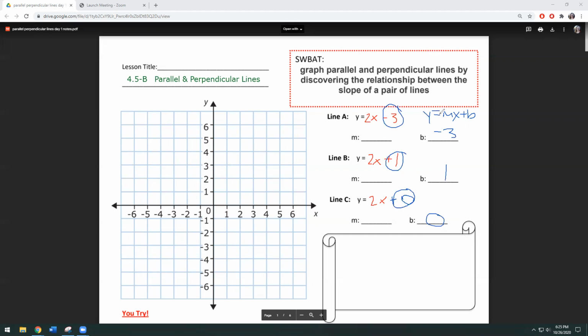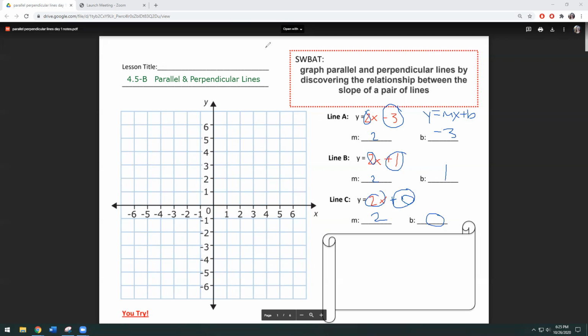M is a little bit harder to see. It's whatever's connected to the x. It's the coefficient of the x. So if we look at this, it's 2. If we look at this, it's 2. And then line C, the coefficient is also 2. So let's go ahead and now that we have our m and our b put out there, we're going to